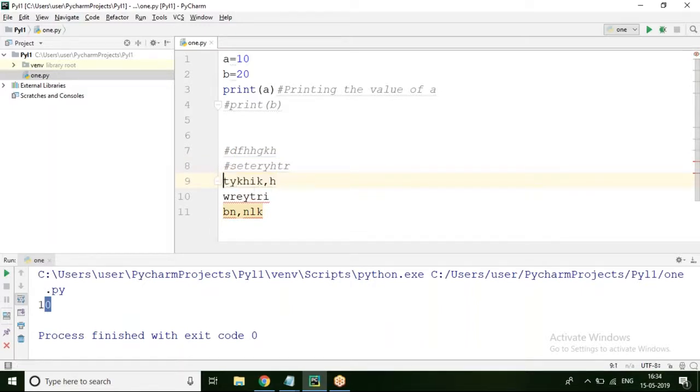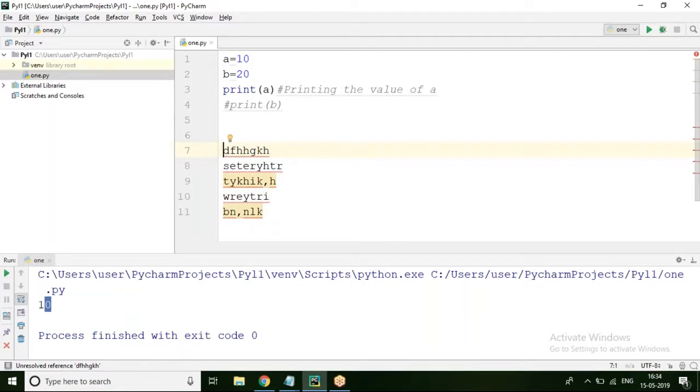But if I want to comment 100 instructions, I have to put hash before each and every line. Putting hash 100 times is not that easy. So we call hash a single line comment.